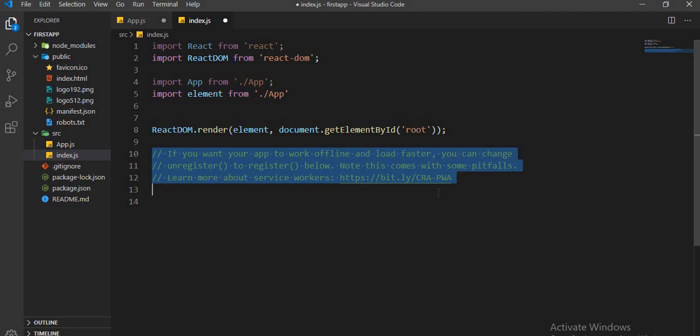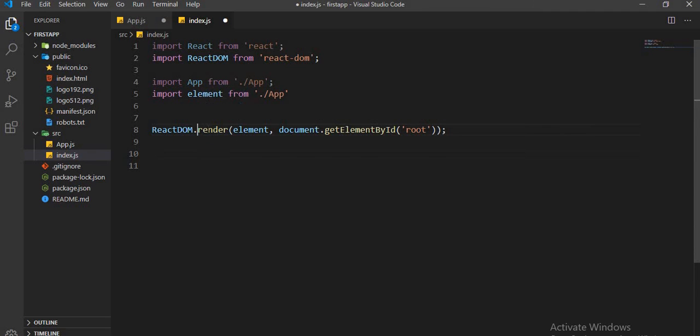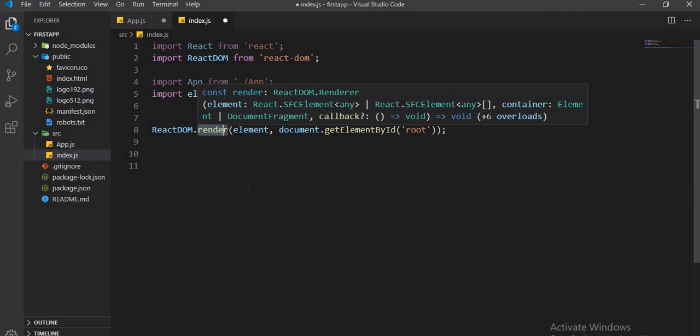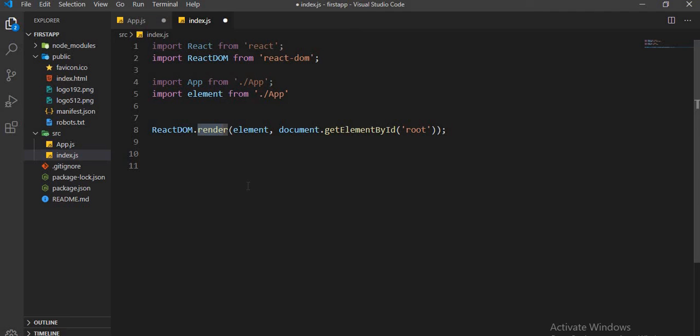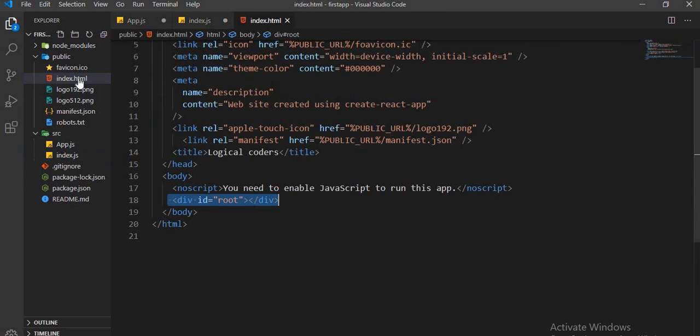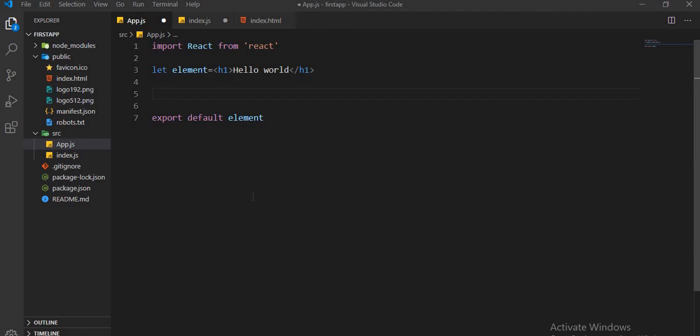Let me remove all of these comments. Okay, so this is the important method here, the render method, which means the process of transforming your React components into the DOM that your browser can understand and display on the screen. So in simple words, the render method tells React what to display in a browser. So here you render this element to this root ID, and this is the same root ID which we discussed inside index.html. So all your UI will appear inside this div tag. We will also render components to the root ID in our upcoming video.